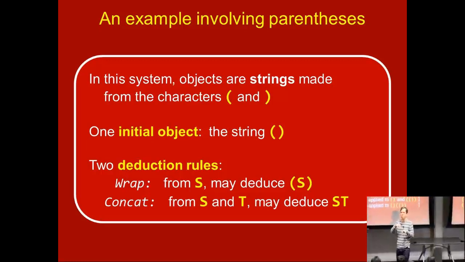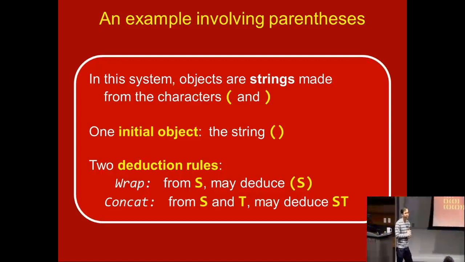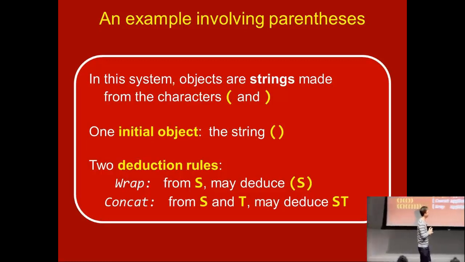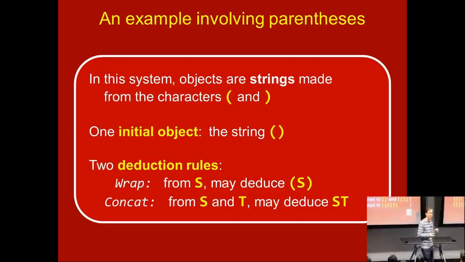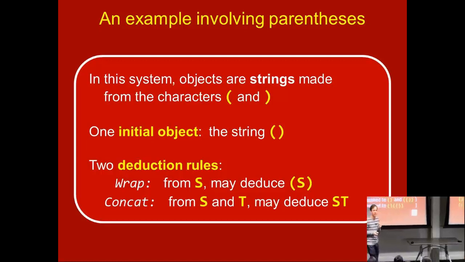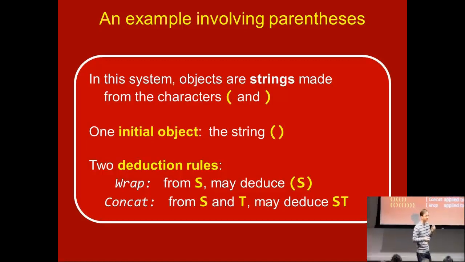Okay, and you don't always have to apply the rules to objects you just deduced. You can always use any object that you've ever deduced so far. Okay, and that's the end of the proof. And in math, we put a little box usually at the end of the proof. In the olden days, they would write QED, which stands for some Latin thing. That's considered very pretentious now. At least I consider it very pretentious. We don't speak Latin anymore, so I highly advocate the box to finish your proofs.